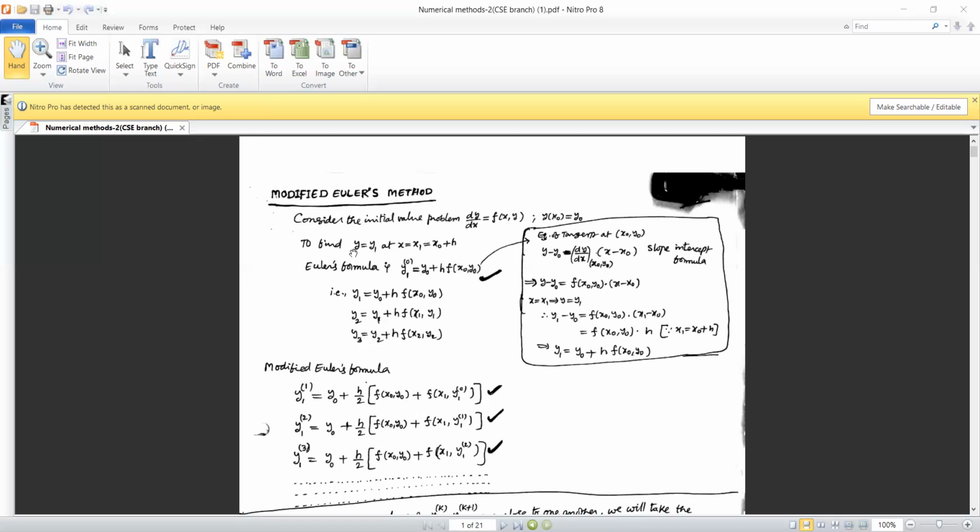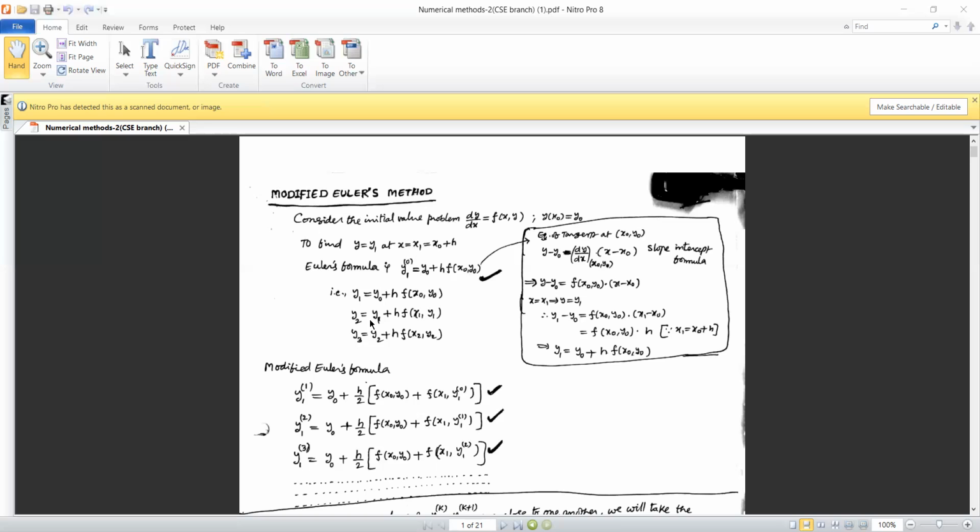Now let us see under this method, what are the requirements? Suppose we need to find the y value at a particular value of x. That y value which we are expecting, we will denote by y1, and x1 is the value at which we are expecting y. Here, x naught is always the initial value which is given in the problem, and h is the step size. A step size is required to move from one step to the other, and by moving step by step, we can find different values of y for the given values of x.